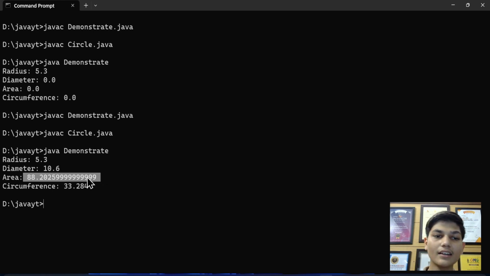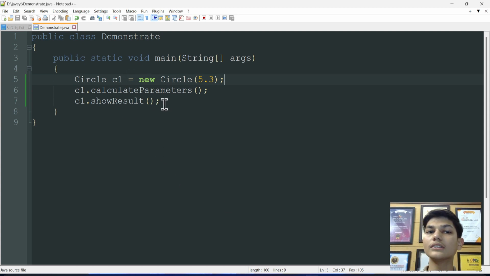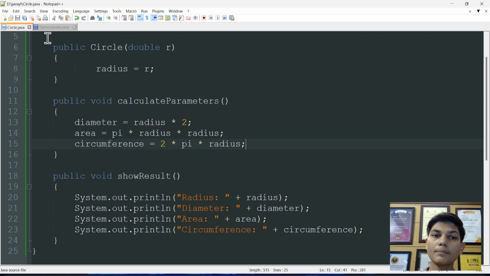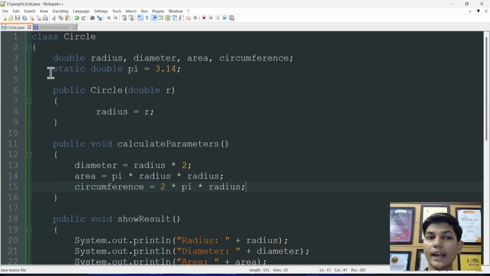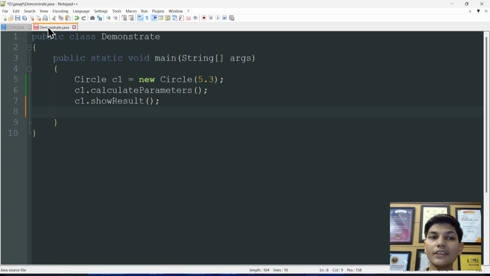Then we have the area, and since it is a double, we have a huge value like 88.2025 and then 9 lots of times. Then we have the circumference 33.284. So we have calculated everything of the circle necessary. So let's head back. Now there's a small flaw here, that since pi is static,